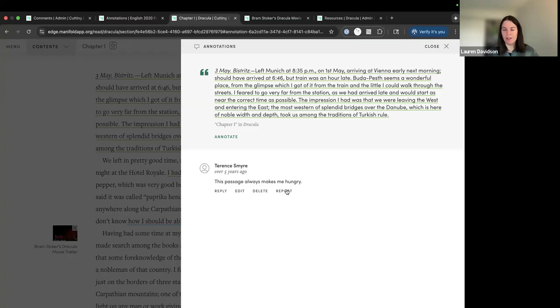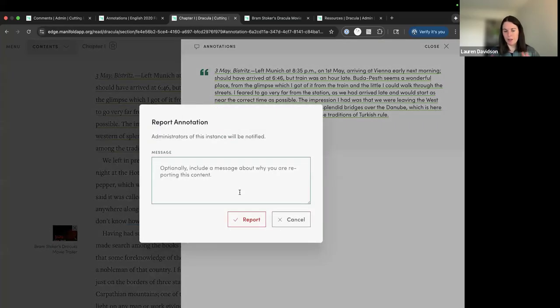Even though admins did get emails about it, it wasn't clear, I think, to some end users exactly what it was doing. So we've relabeled it report, and you now get this little form which tells you a little bit more about what's going on here, and that this is specifically reporting the annotation to an admin. So if we report this annotation,